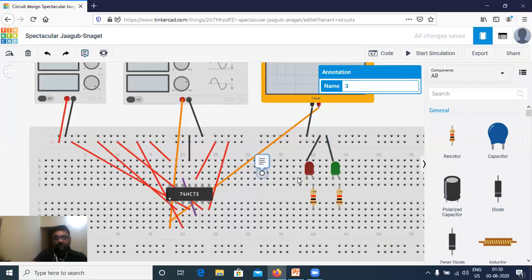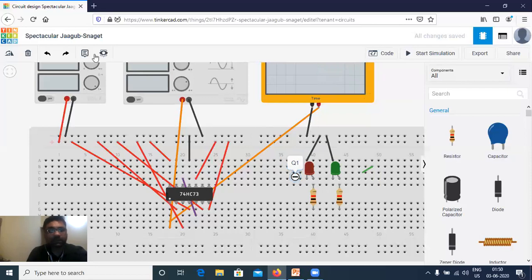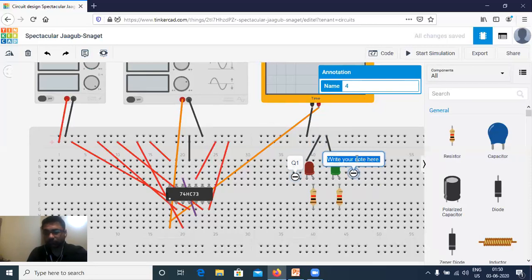Now I'll take the annotation tool. Let me take this MSB for your visual understanding. So let me take this as Q1, and let me take another annotation here. Let me take this as Q0. So this is my LSB, this is my MSB.